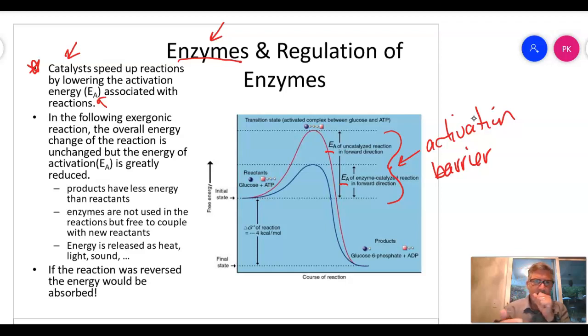So this is what's called an exergonic reaction. An exergonic reaction is energy releasing. So this is the energy of my products, and this is the energy of my reactants. My reactants are over here on the left-hand side, and my products are over here. Right, so this exergonic reaction is energy releasing, so it released